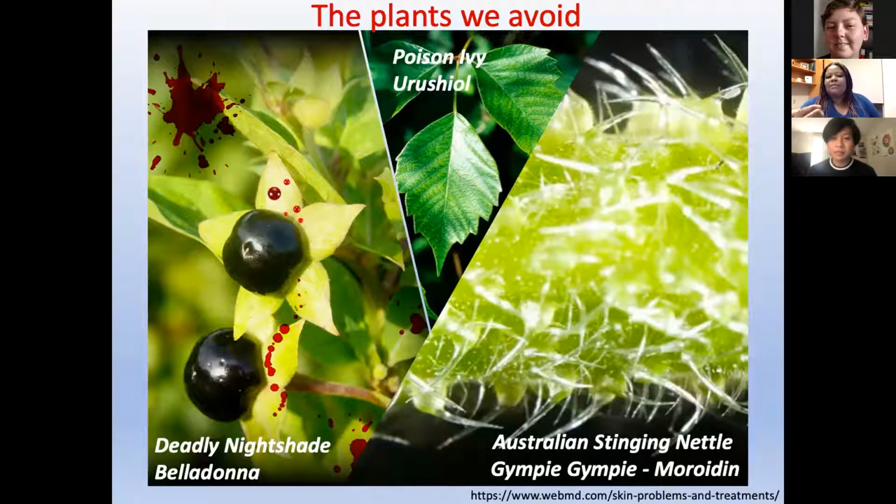But at the same time, an example here is a couple of plants that we tend to avoid, that produce chemicals that we have adverse effects to. Poison ivy is an example of that, right? And then there's things like belladonna from the deadly nightshade, that in novels and in history have been used for killing people